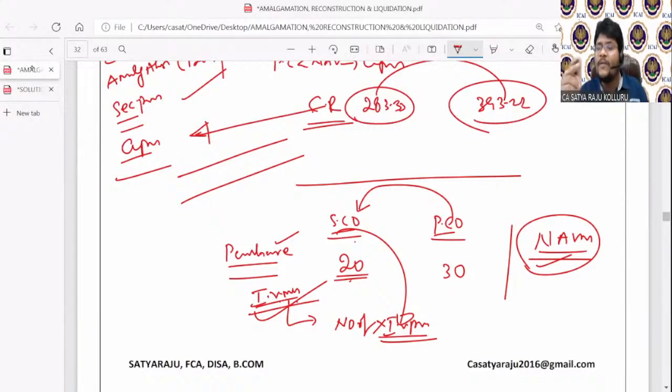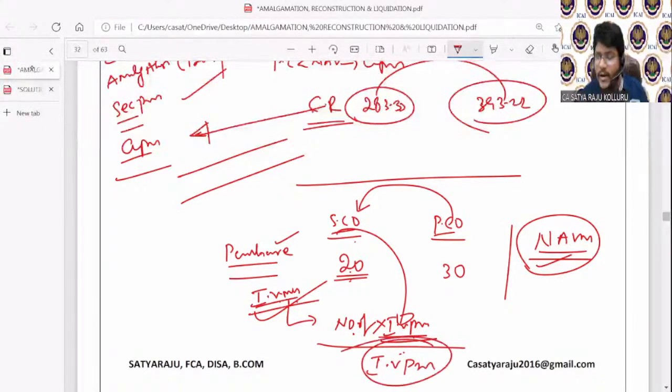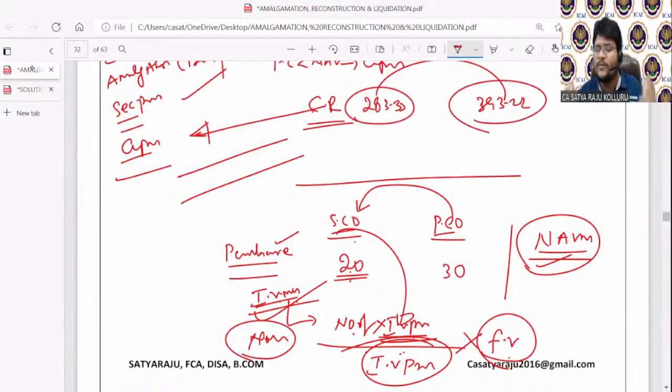And moreover, you need to remember one thing. If it is asked that PC should be recorded at par value, then number of equity shares in the selling company into intrinsic value per share in selling company, divided by intrinsic value per share in the purchasing company, you need to divide. Then you will get number of equity shares issued as PC. Then you can multiply with the face value per share. Then you get PC recorded at par value. That type of questions are also regularly tested in the examination. Please bear in your mind. Okay. Next.